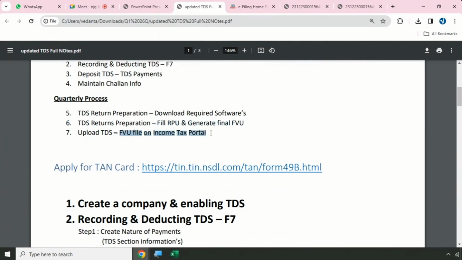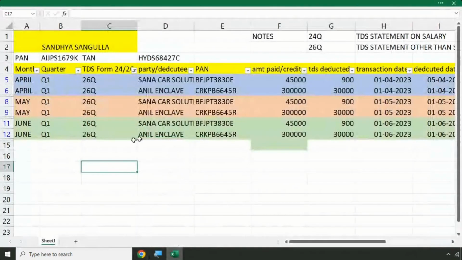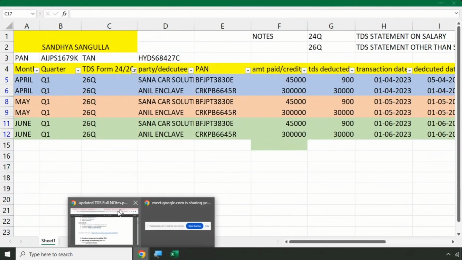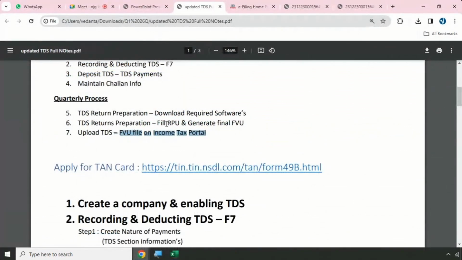You remember the GSTR1 filing process? Similar to it. In the Tally application, we used to record sales. From Tally, we used to generate JSON and upload it in the GST portal. Likewise, whatever data you have maintained in the challan register, you need to download a software. Like Tally, you need to download what? RPU. Whatever data you have mentioned in the RPU,